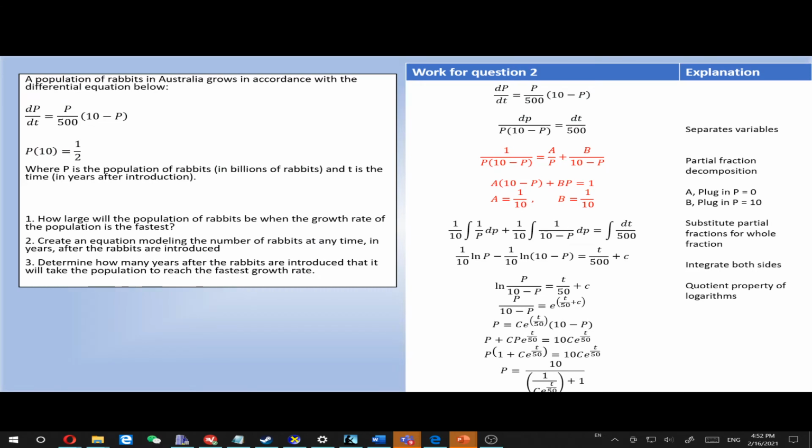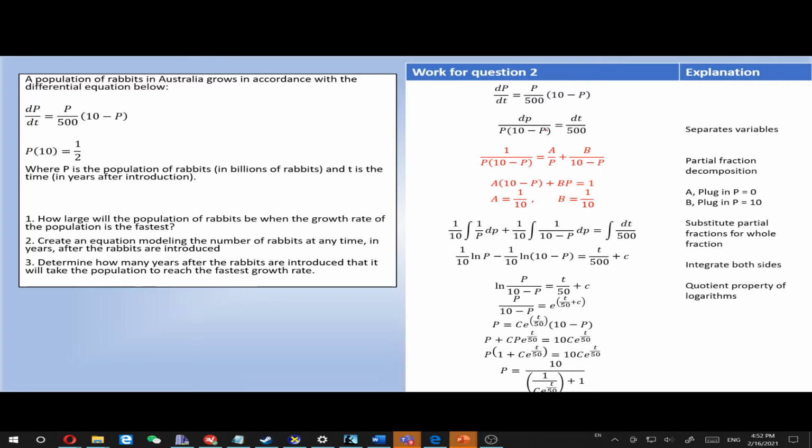So the first step that we need to do when we're solving a separable differential equation problem is to separate our variables. So I'm going to move all of my P's to one side and all of my t's to the other. If I move all of my P's to the left right now, I can divide by P on both sides and divide by 10 minus P on both sides. So it'll give me dP over P times 10 minus P equals k times dt on this side. I can also multiply by dt on both sides in order to get all of my t's on the right side. So now I've got dP and dt on the top of their fractions, respectively, which is going to allow us to integrate. Now, unfortunately,